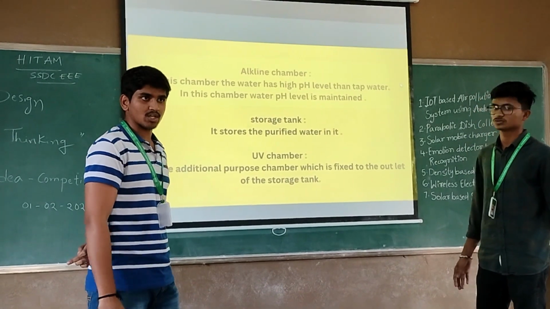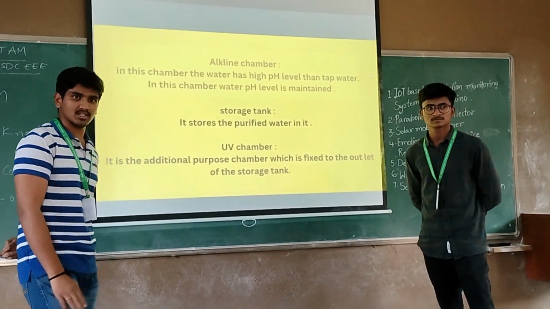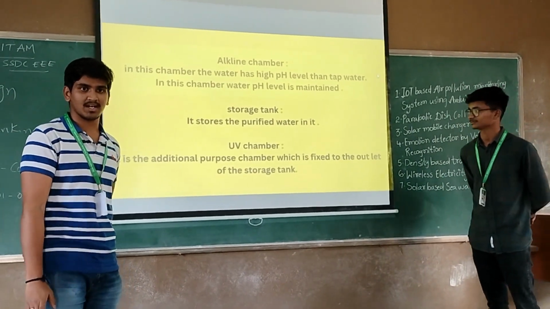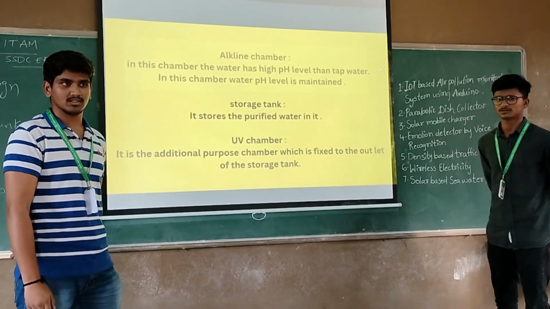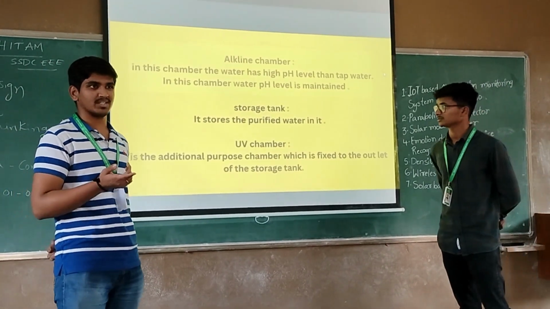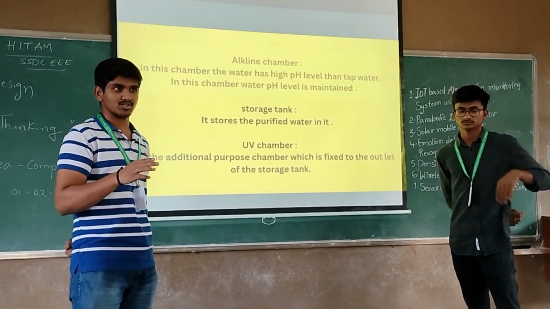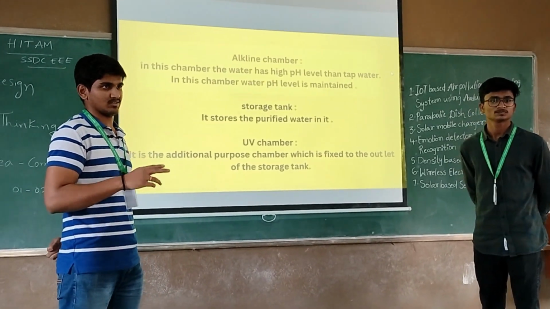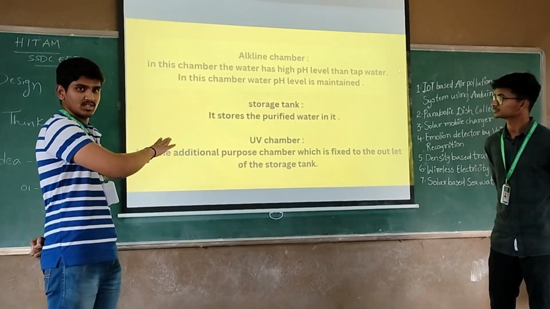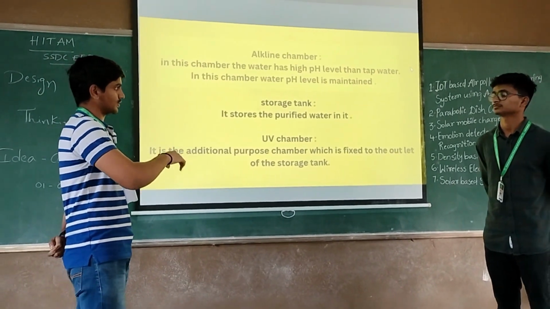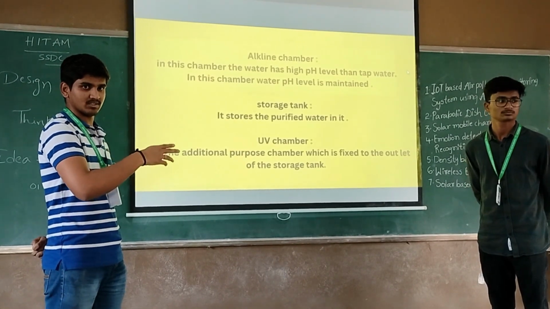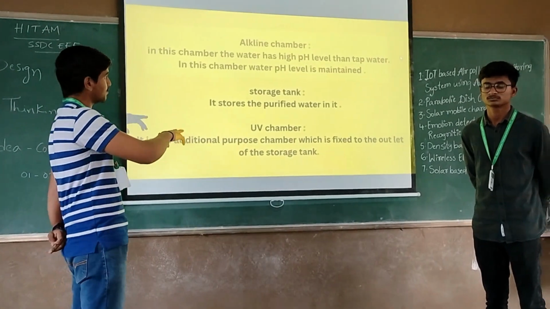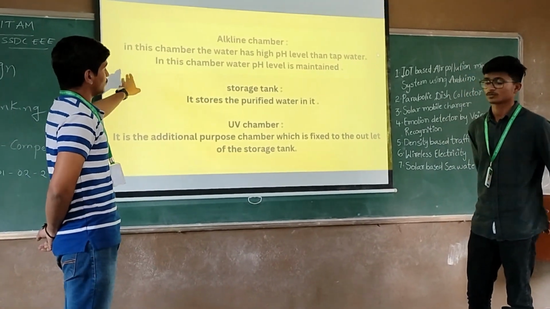When the salt water passes through the carbon filters, the carbon filters filter the water, which consists of bad bacteria, bad odor, and chlorine. You all know that water consists of chlorine, right? It filters the chlorine, and after that we are using a pump, with the help of the power generated by the solar panel. With that pump, we are forcefully running the water to the alkaline chamber.